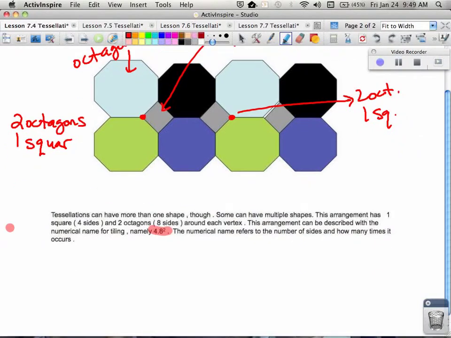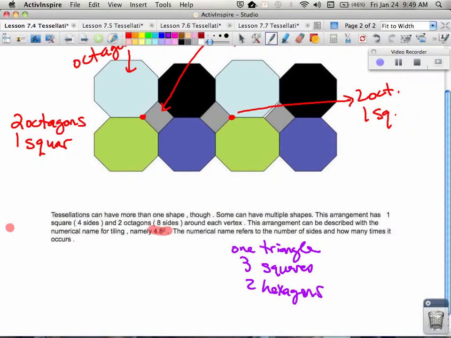Not on this picture and not maybe even a possibility. If I wanted to say, for example, that I had one triangle, 3 squares, and 2 hexagons,